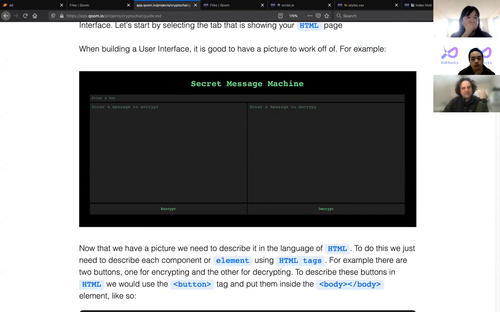And this is what we're going to create. So it's always a good idea to draw an idea of what your user interface is before you actually write any code. So if you're building a game, building an app, building anything, it's good to draw it out, figure out how the user is going to interact with the page,